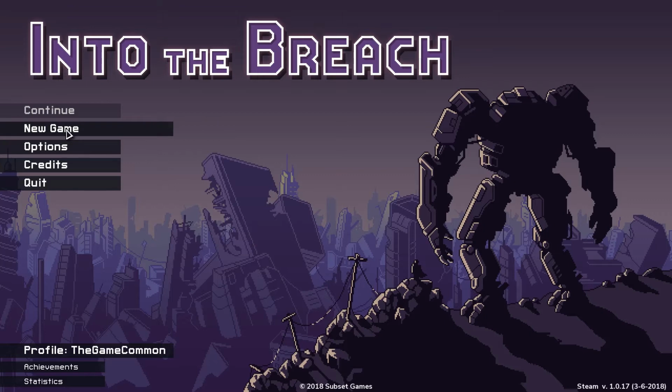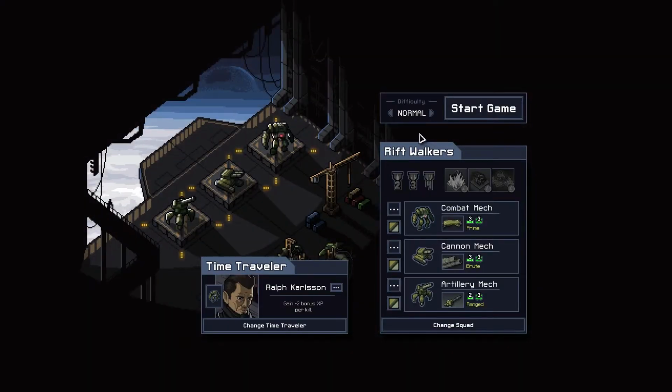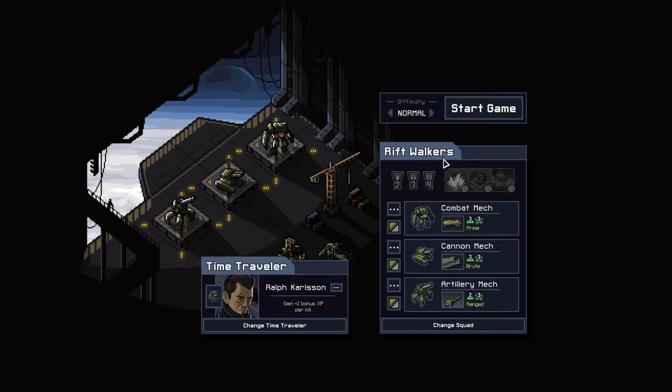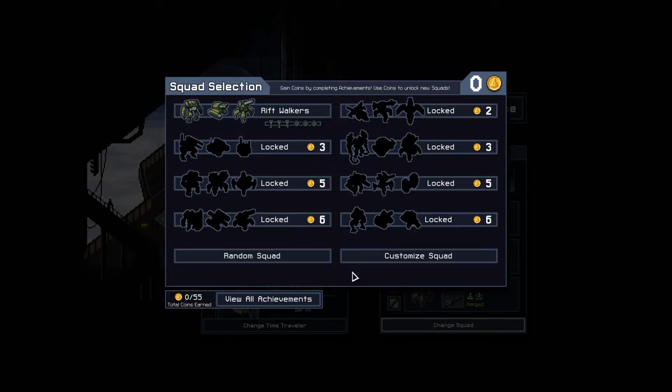We're gonna hop into a new game, and we're going to start with normal difficulty, I think, to begin with, and we get to choose our time traveler. Right now we only have one time traveler unlocked, which is Ralph Carlson, and he gains +2 bonus XP per kill. We also have a bunch of different squads that we can choose as we start gaining more achievement points,